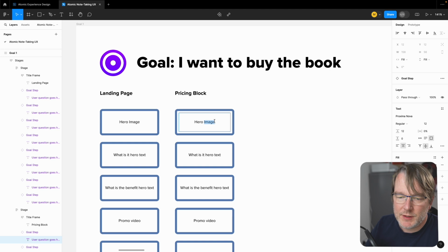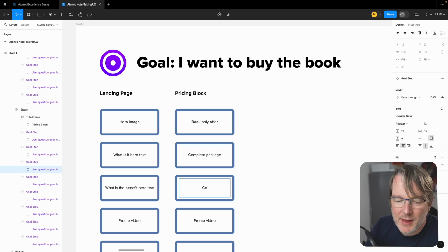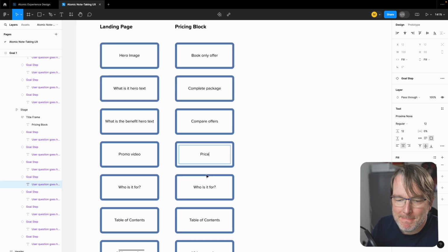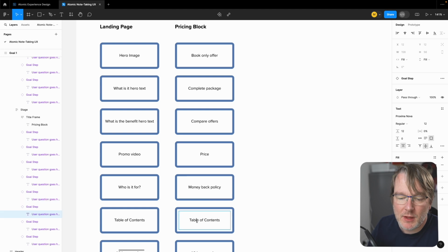So we've got the book only offer, the complete package. We want to be able to compare offers. We want the price, and explain the money back policy. We might have at this point